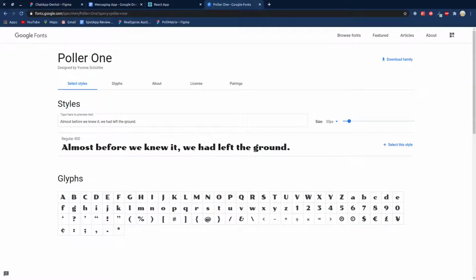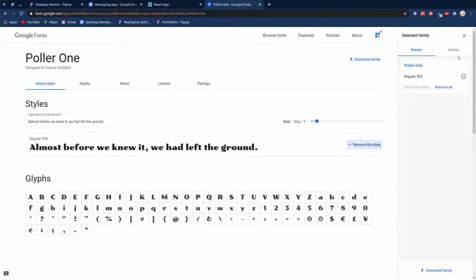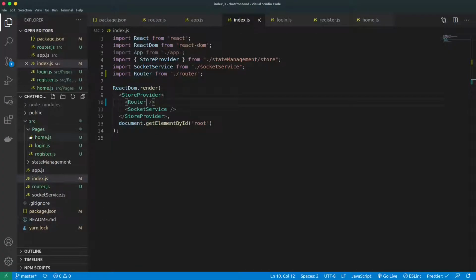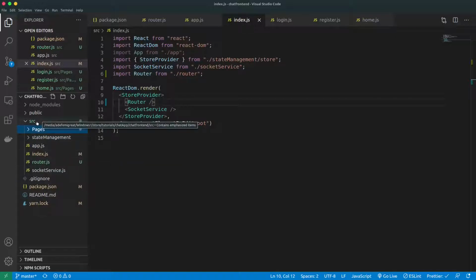By the way, we'll be making use of SCSS as against normal CSS. There's literally no big deal. It's not very different from each other. It's just that SCSS is quite better in the sense that you have more flexibility in handling things. So we'll be using that. And back to the fonts, we can select this font and we are going to embed it. So let's go and create our style. I'll just create a giant SCSS file and name it style.scss, and within that